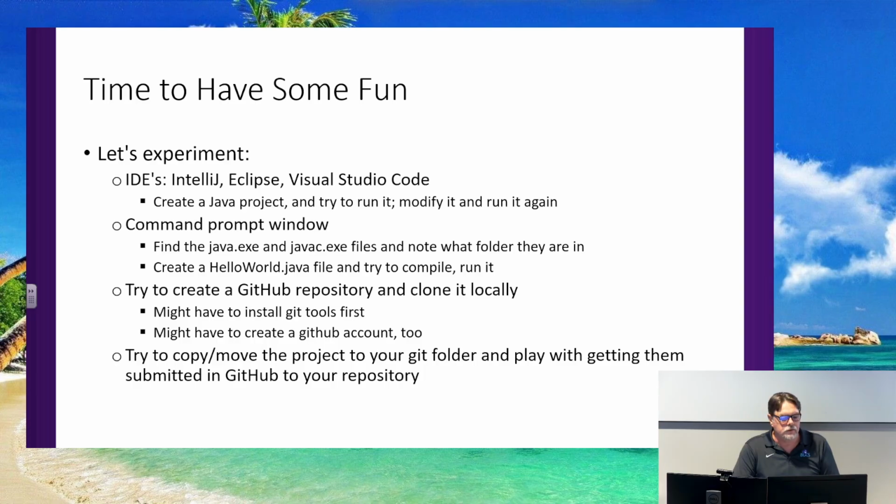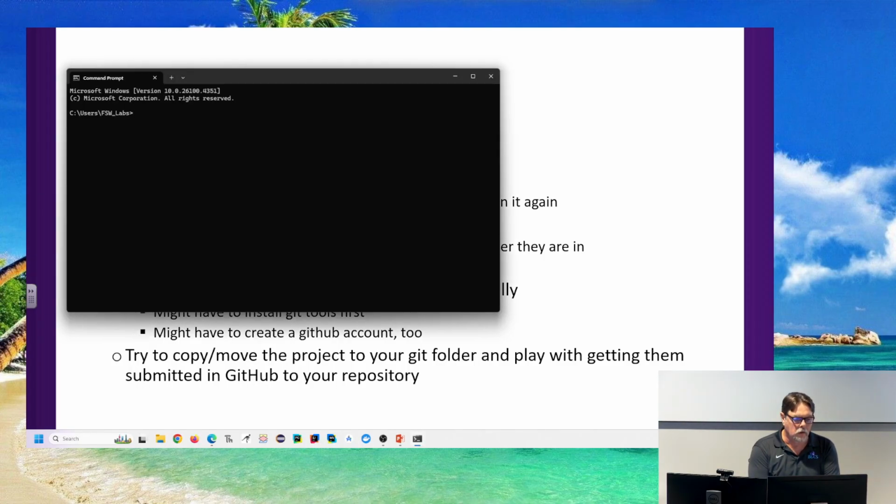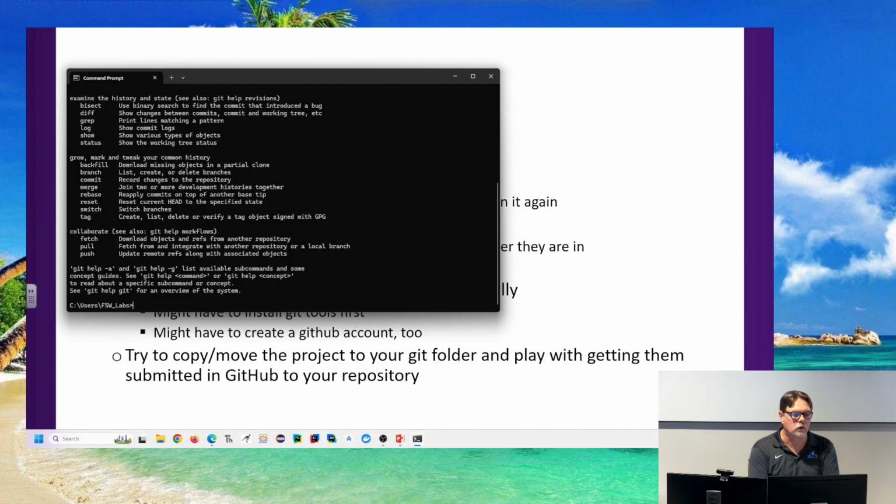One of the things that I do want to mention before I forget is, you saw when I looked to see if Git was installed on the computer, right? I just typed Git and hit enter, and oh, something happens now because I installed it. But before it just said, I don't know what you're talking about. I don't know anything called Git.